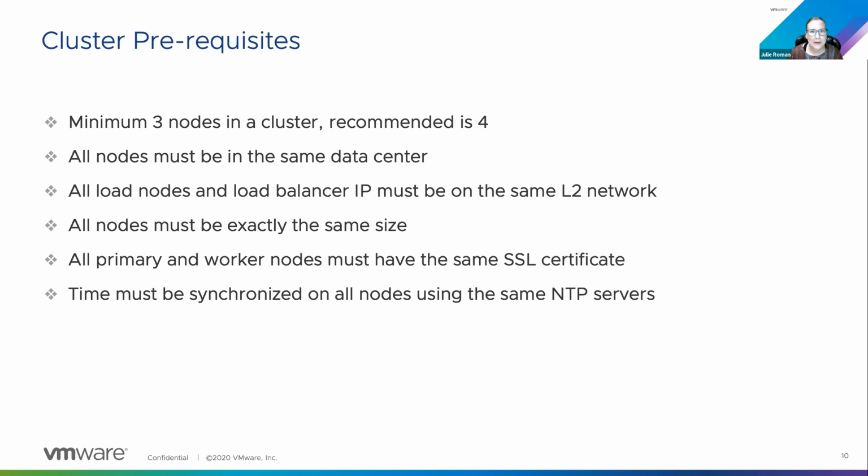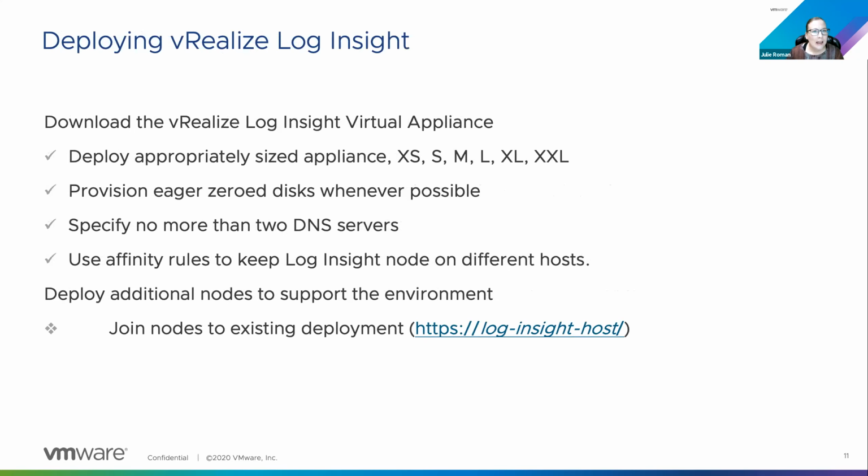So great. Okay, so that answered that question. So when you're deploying it, you would select the size: extra small, small, medium, large. That's going to give you the CPU and RAM configuration. As I mentioned, by default, it's going to have 500 gigs of storage. If you want, you can just increase that 500 gigs to 2 terabytes before you power the appliance on.